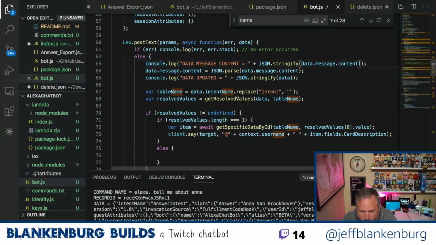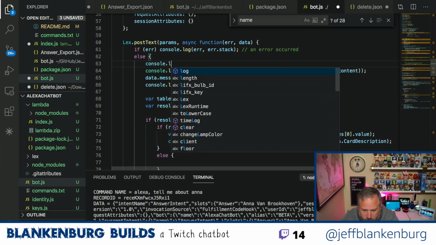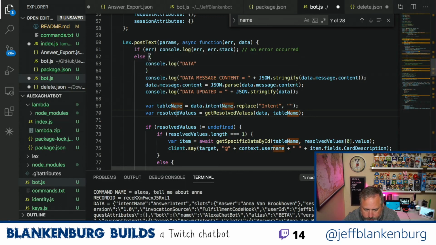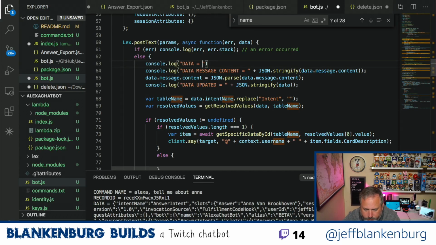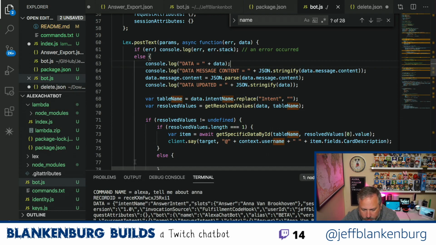Okay, I think we're looking at this improperly, and we need to just be very specific. Console.log data. Okay, so that's the data that's coming into our app.